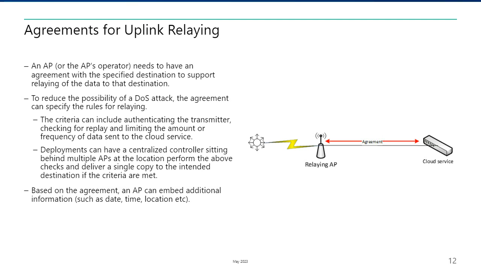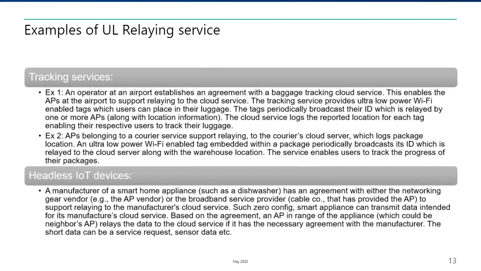Thus, deployments can have a centralized controller sitting behind multiple APs at a location, or they may have a distributed approach implemented at every AP. Based on this agreement, an AP can embed additional information such as date, time, or location of the AP into the uplink service data provided to the cloud service. So with that,